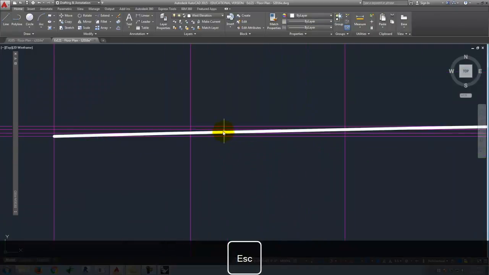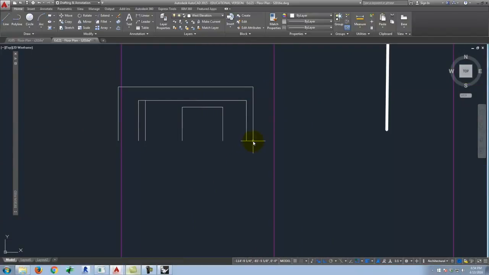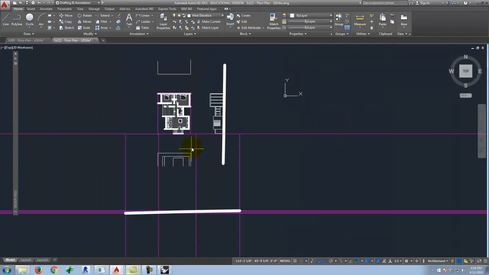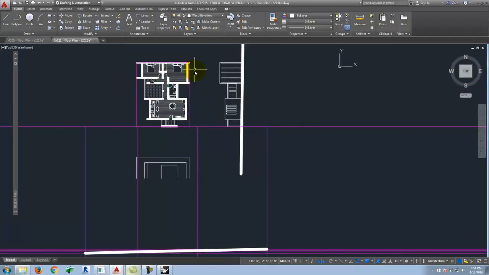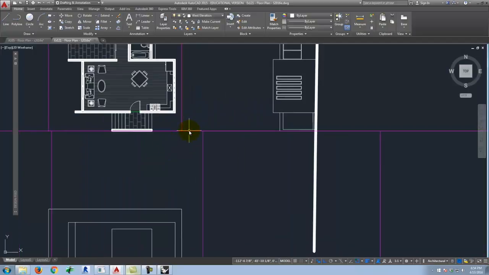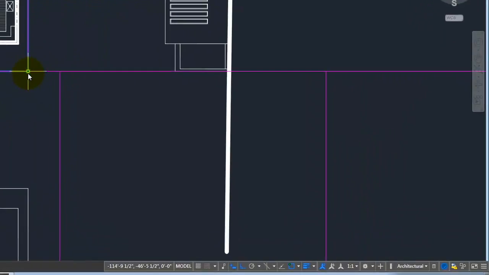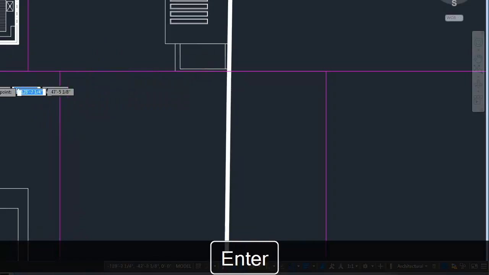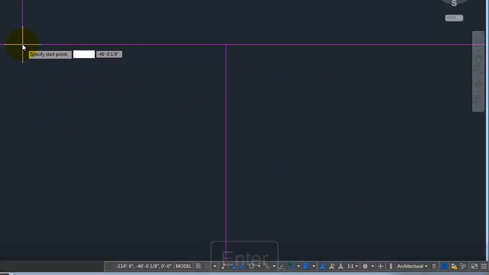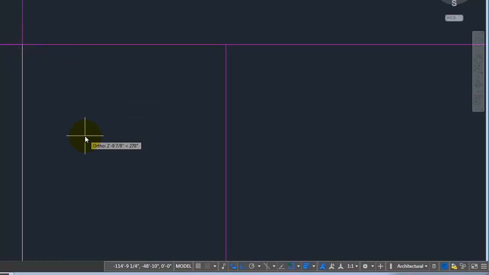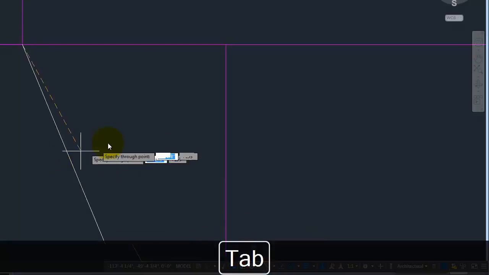Okay, so I have that piece of topography drawn, but I need to know where it matches up with the edge of the building. And so this is where it gets a little bit tricky because you have to sort out where these various pieces fall on the building. Okay? So what I need to know is at this level here, right? Again, we're going to that corner there. Where does this fall? So if coming down it falls right to there, let me do a reflecting line from that corner. So I'll do a ray from right there, and let me turn off ortho for a second,